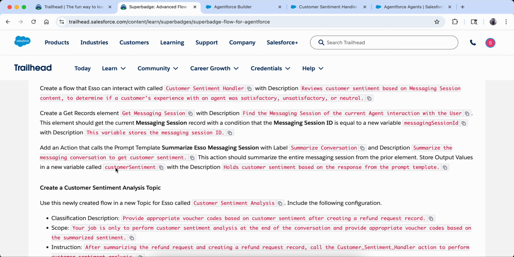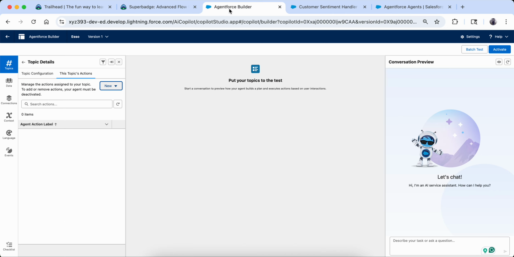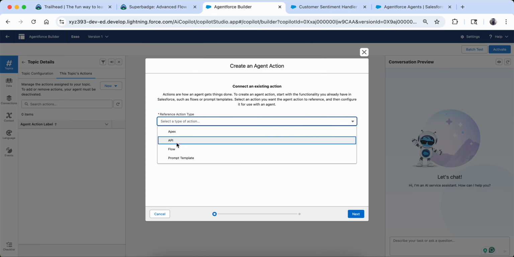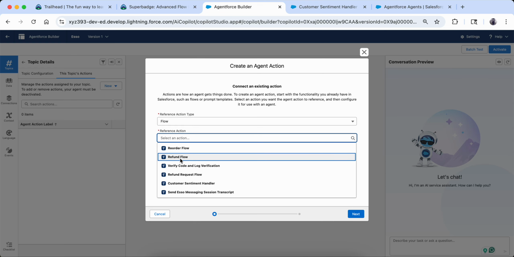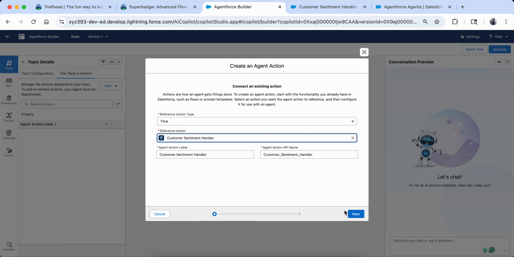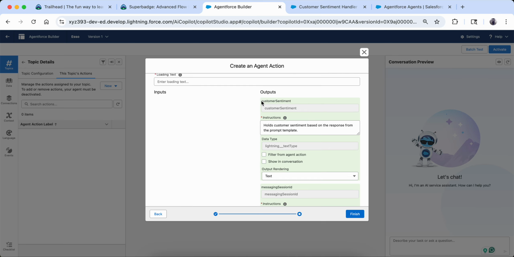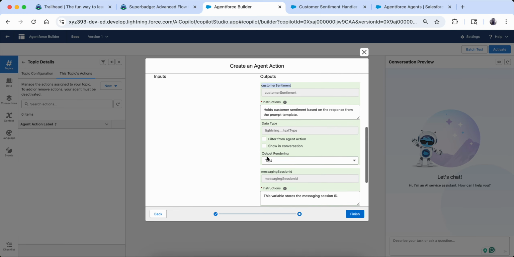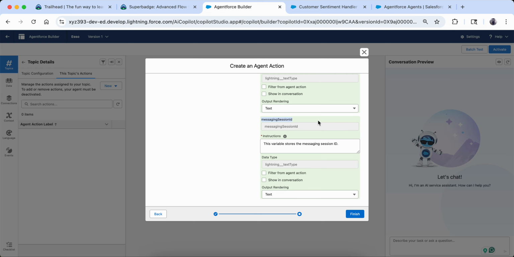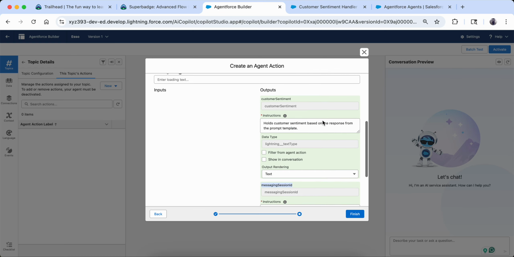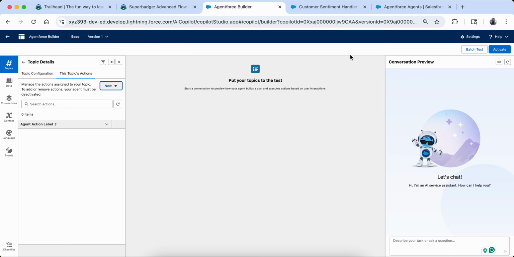So this customer sentiment is for output. That means the other one was for the input, right? So let me see, customer sentiment handler. This is for the output. That means there is a messaging session ID, and the messaging session ID was for the input, but I did it for the output, right? So that's okay. What I will do is